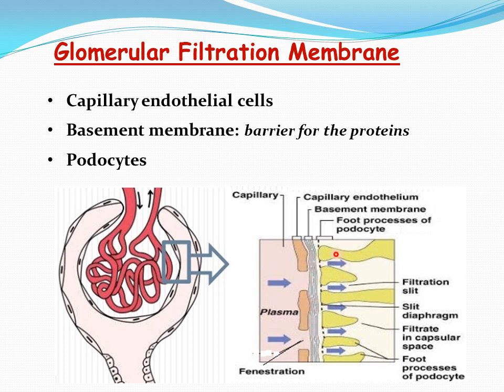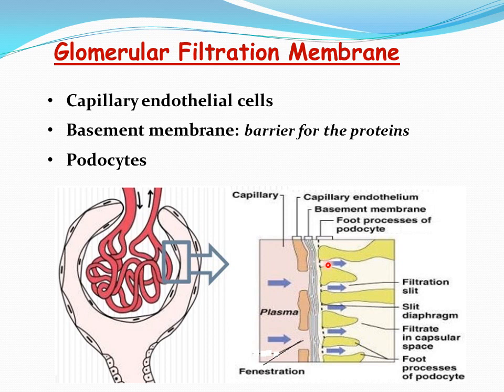The third layer of this membrane is the podocytes, the epithelial cell layer, the epithelial cells of the visceral layer of the Bowman's capsule. Here are the foot processes of the podocytes. They interdigitate, but still there is a little space between the foot processes. You can see these very thin slits, known as filtration slits, through which substances can be filtered.